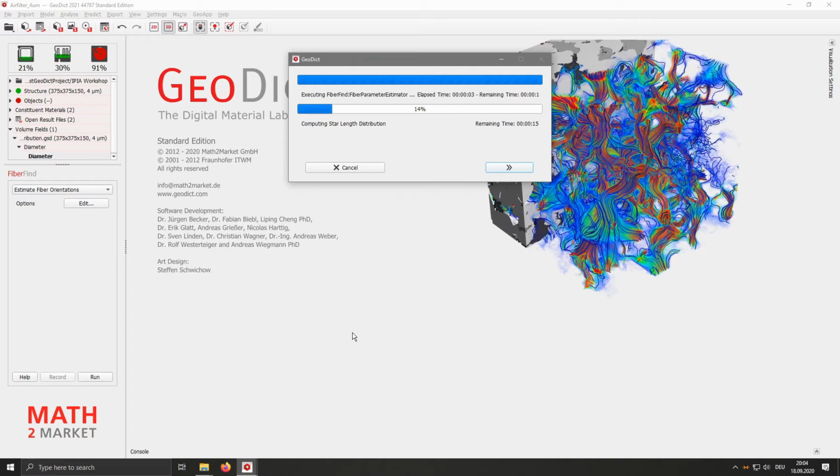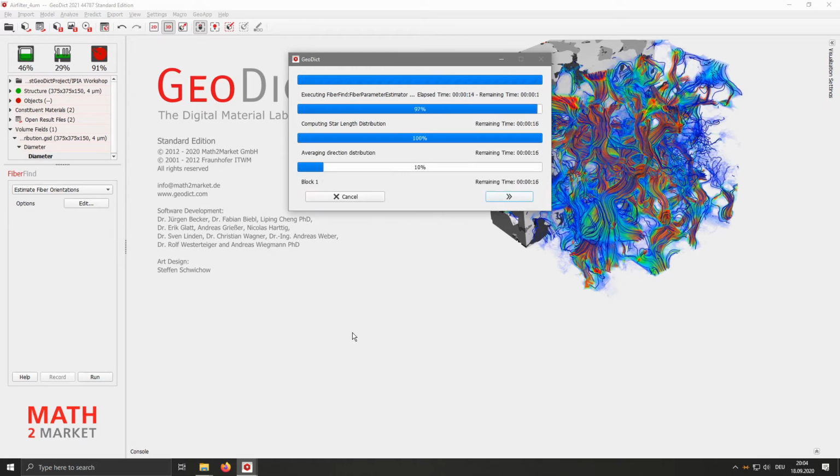This computation will take a bit longer than the previous one, but should also be done pretty soon. So now most of the computation has been done, and it's only averaging the orientation tensor for the one block we have defined.